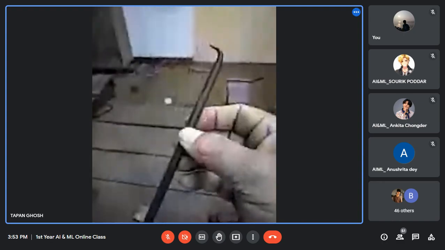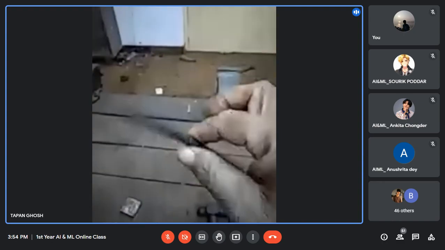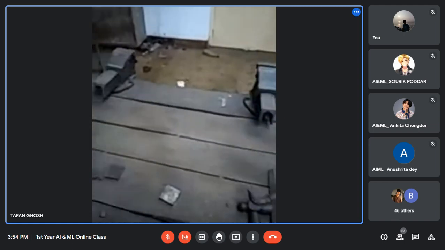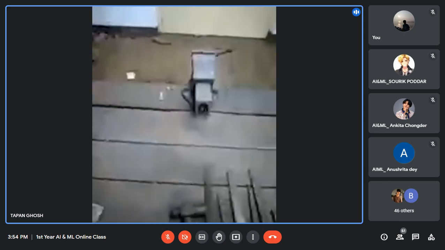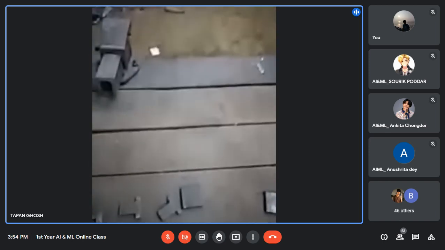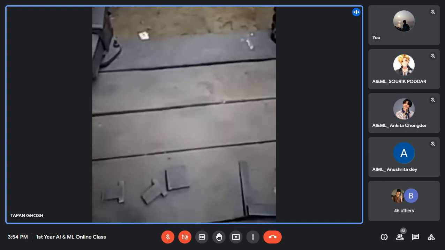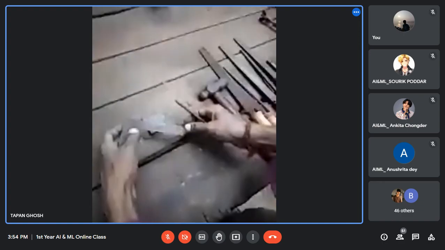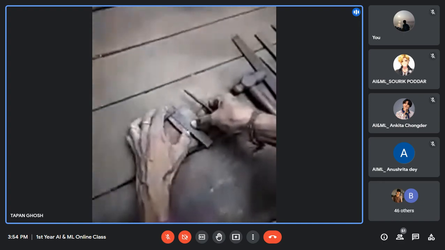And then this is called a scriber. You see that both ends are needle type. What is the application? When you draw any line on the metal, you use this scriber. So see how to draw the line.